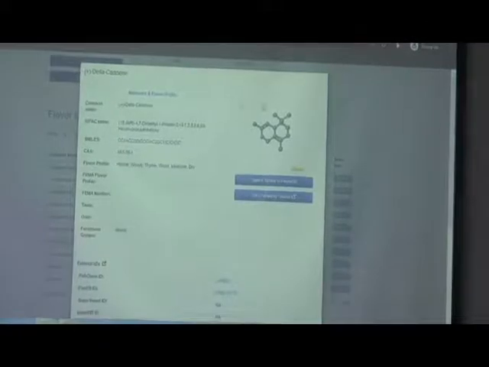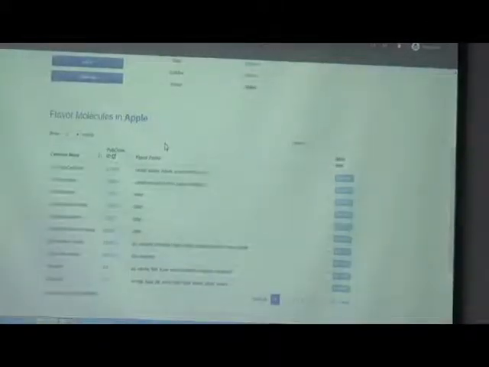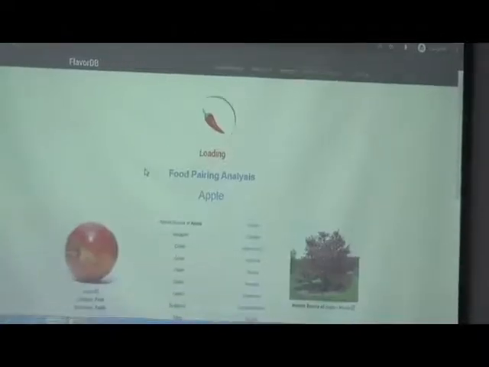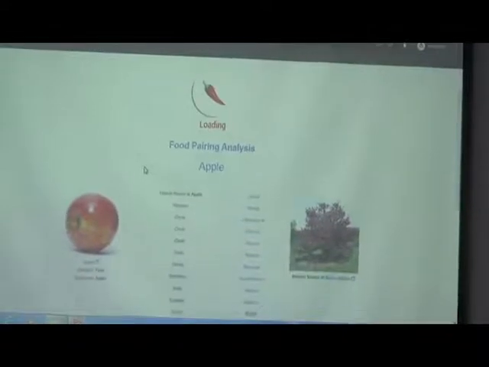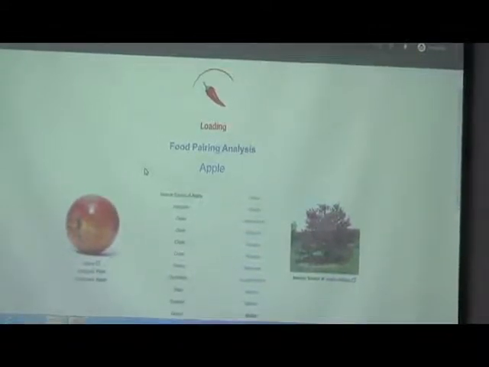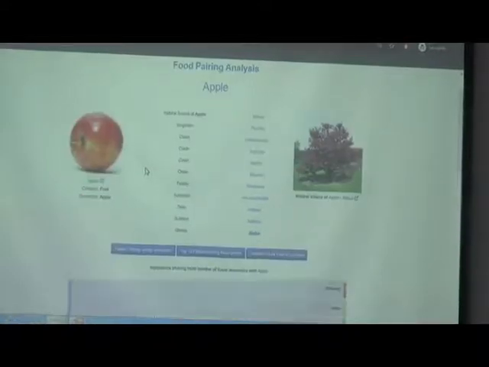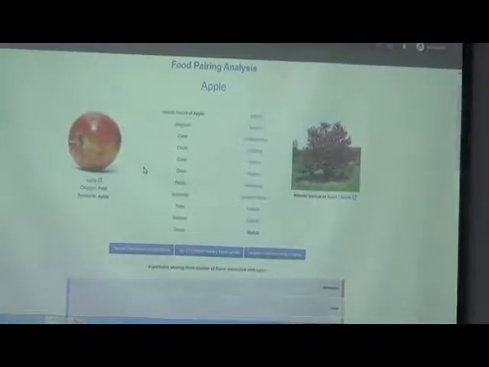If you go back and close this tab, and just do pair it up there. That's it. So with Apple, if you find out what are the other ingredients, we have a total of 945 ingredients with which we have a sharing of the flavor molecule. Remember, there is a lot of spherical cow here. A lot of assumptions are going into it, because we are not looking into the concentration of the flavor molecule. We are only looking at which molecules are present, which are not. And we are looking at the intersection.